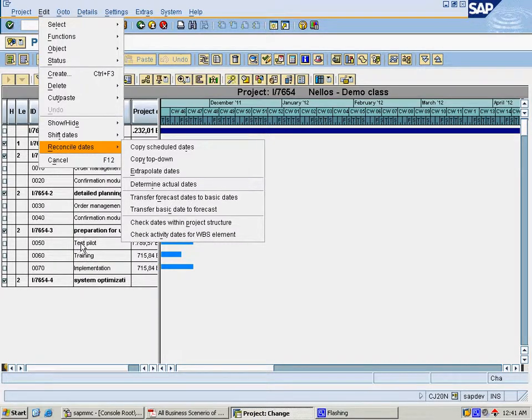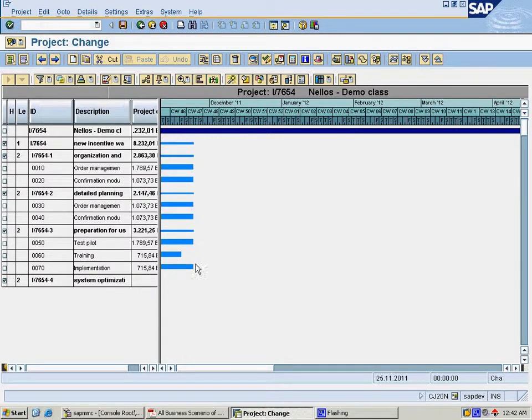Here, if this test pilot activity is planned for today and will be completed in 10 days, and the implementation activity will start in the next 10 days and be done after 10 days, then the start date of the first activity and the finish date among the 3 activities will be taken up and pushed to the upper level WBS element.